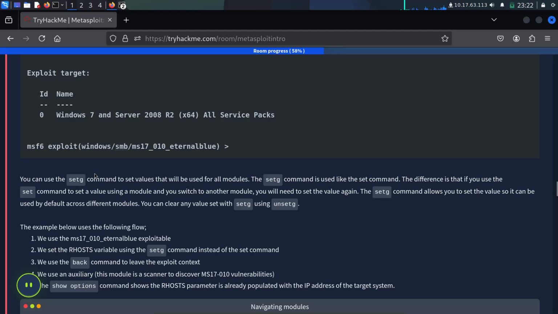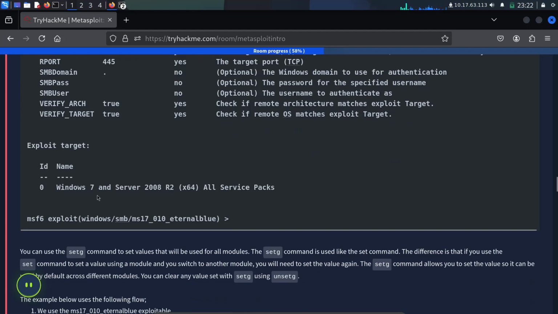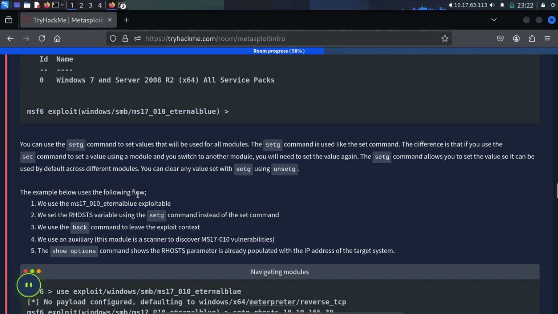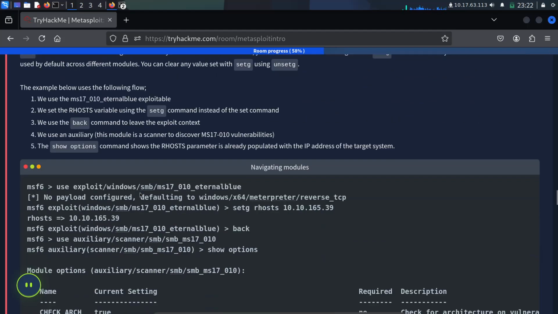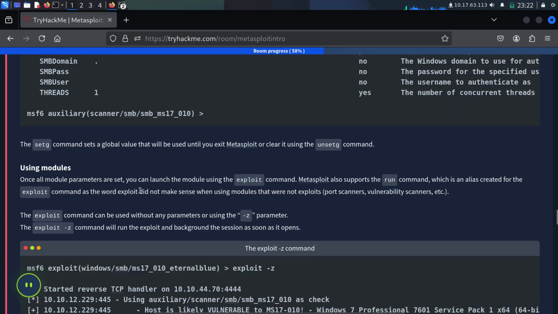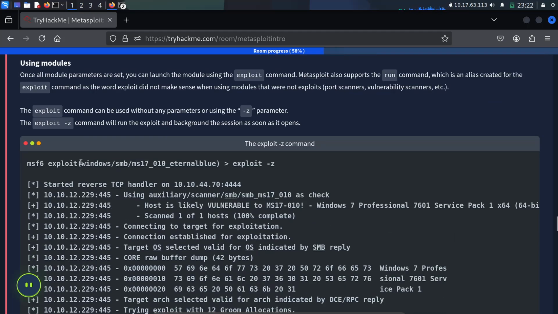You can use the set command to set values that will be used for our module. The setg command sets global values that will be used until you exit Metasploit or clear them using the unsetg command. Using the module, we can try it.